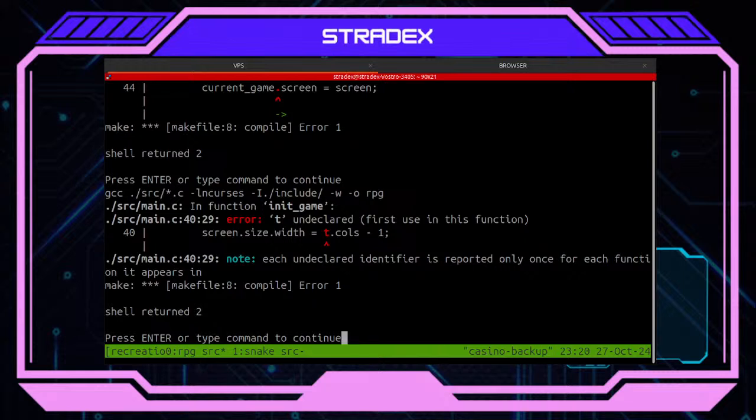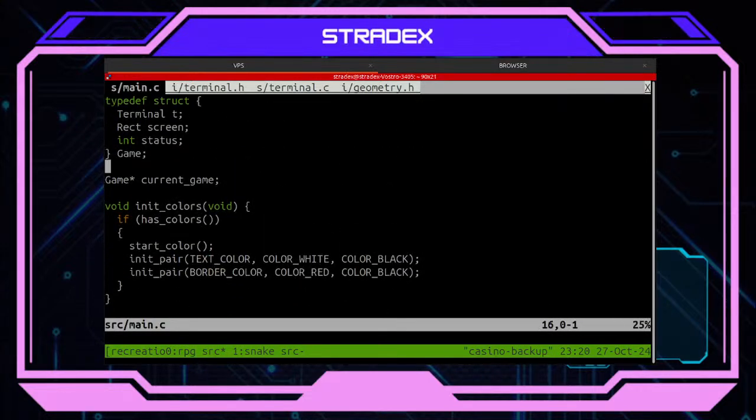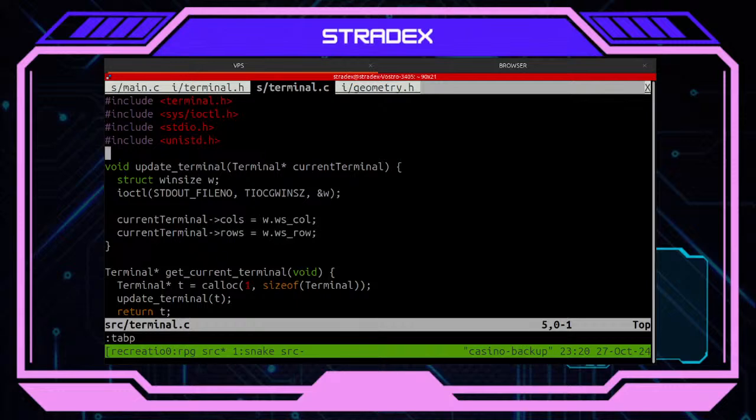And T is undeclared in the function init. Okay, probably here.